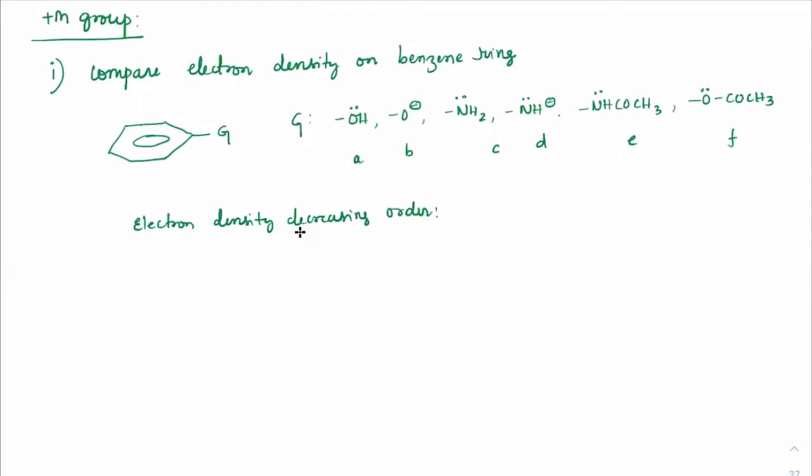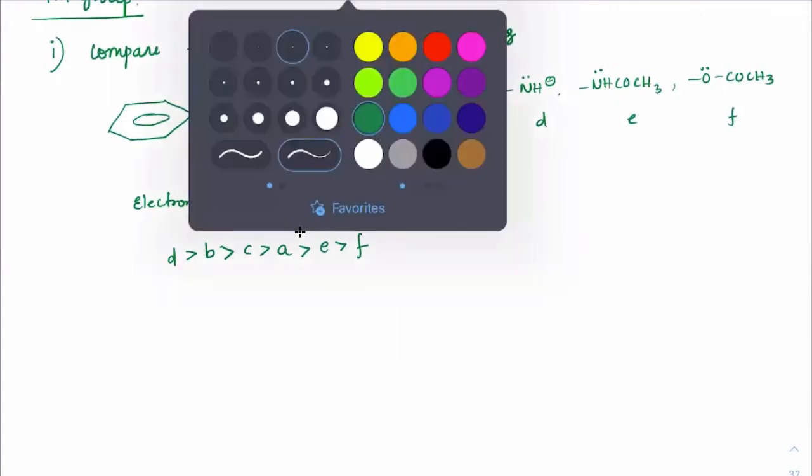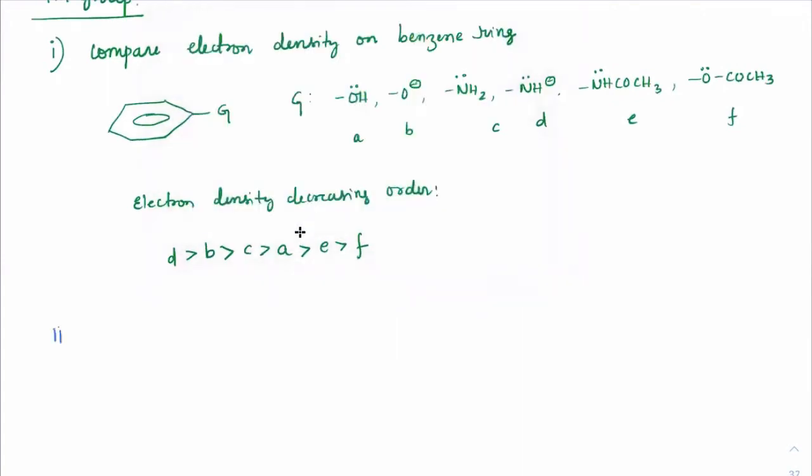Okay. So once they are giving plus M effect, now check which of them will be giving more electron density. Like I told you, the negative charge will be the first ones. So D will be the highest, then B. After that, you have to check the resonance between A and C. C is less electronegative, so it is easily donating. So C, then A. And then between these two, both of them are split resonance, so this is better. Again by electronegativity, E is better than F. Everybody check this. If you find any difficulty, please do ask.